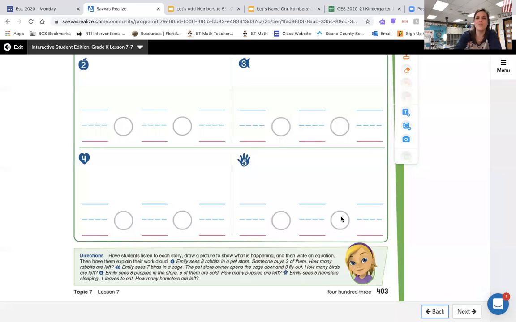All right, great job. And let's take a look at number 5 right here. Number 5 says, Emily sees 5 hamsters sleeping and 1 of them leaves to eat. How many hamsters are left? So how many circles are you going to illustrate here? 5. How many will you X out? 1. So go ahead and do that. Write your matching sentence. When you're finished completing this whole page, post it to your teacher's Google Classroom and keep